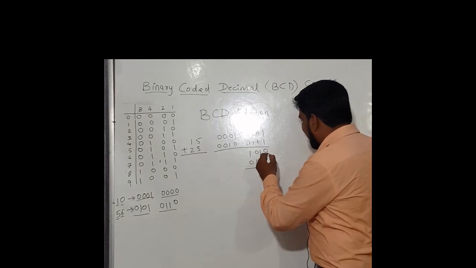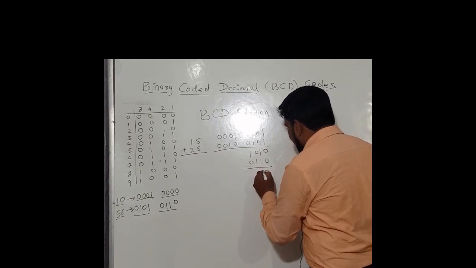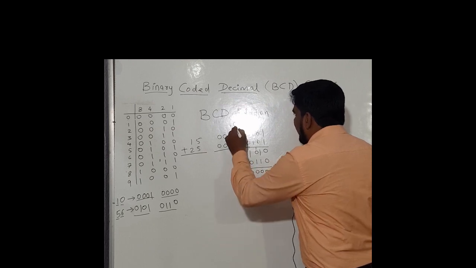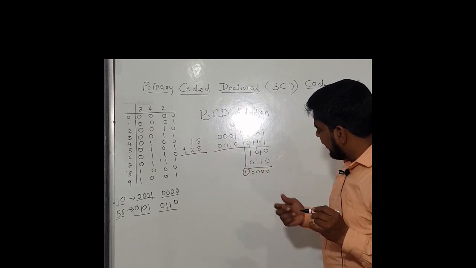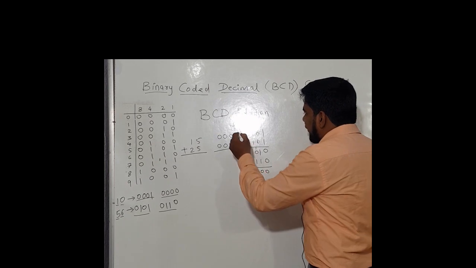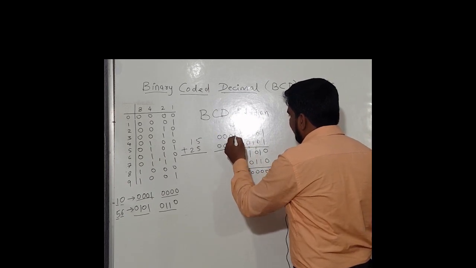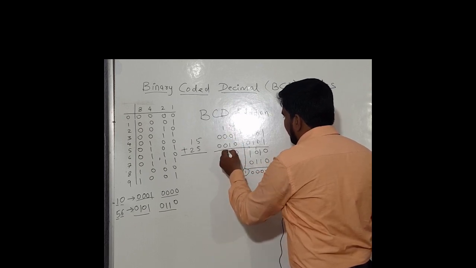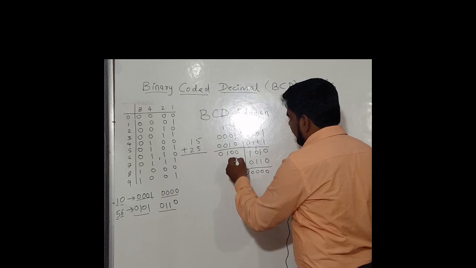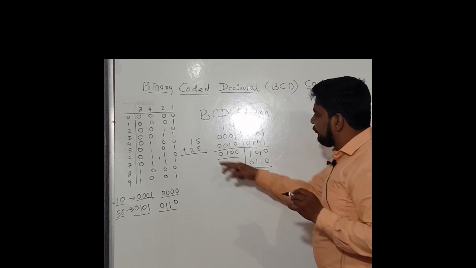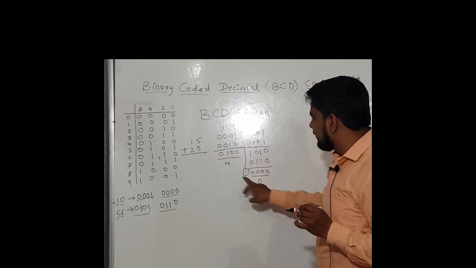Add 6 to this number. You will get 0 plus 0 is 0; 1 plus 0 is 0, carry is generated; 1 plus 1 is 0, carry is generated. This carry should be forwarded into the next stage. Whatever carry we get in this stage, we need to forward into the next stage. Then perform the addition: 1 plus 1 plus 0 is 0, carry is generated. So this is 1 and this is 0. This is the representation of 4 and this is the representation for 0. So 15 plus 25 is 40, 4 and 0.